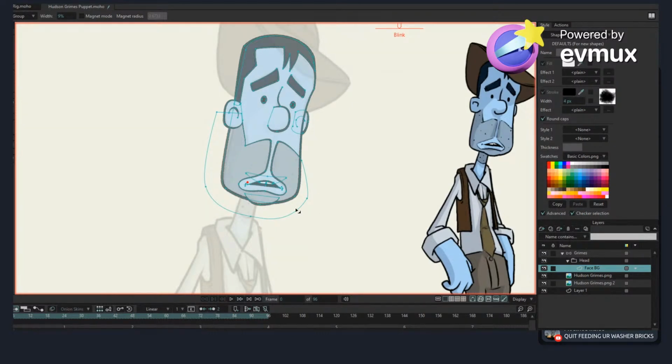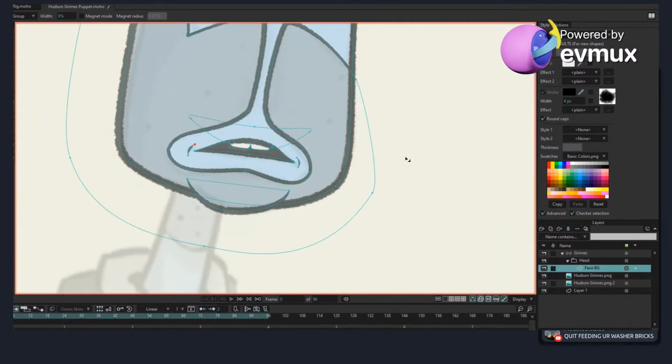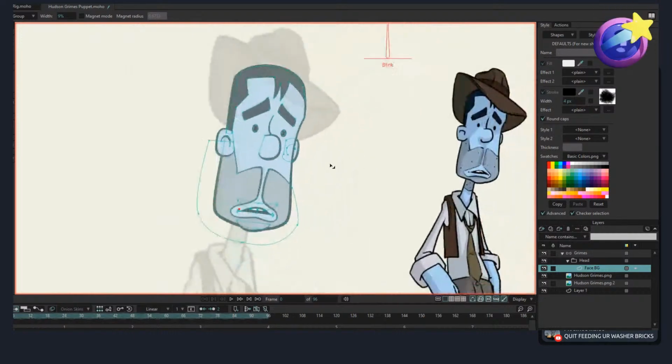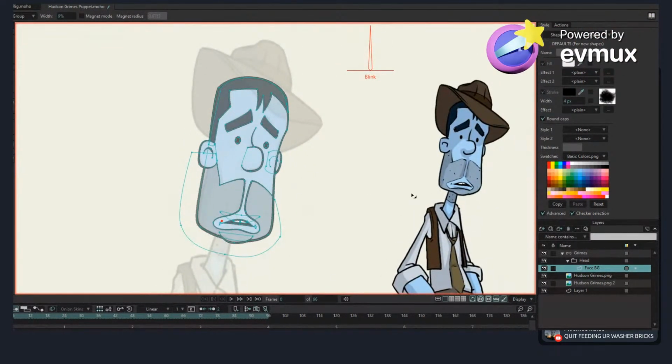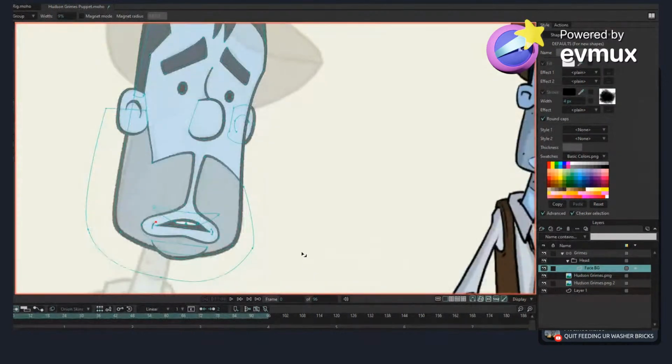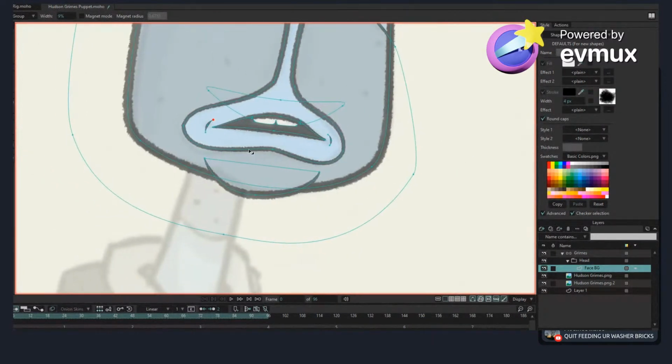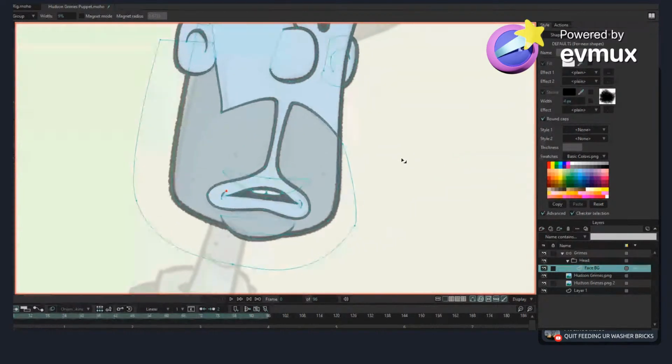I understand. Okay, so next time, because I'm not going to work on Grimes until next stream, though I will work on some other characters and backgrounds and stuff. Next time, we're going to create maybe some bottom teeth, but also a tongue, and we're going to do that in the same way that we did these top teeth with liquid shapes, and then clipping it. That's going to be interesting.